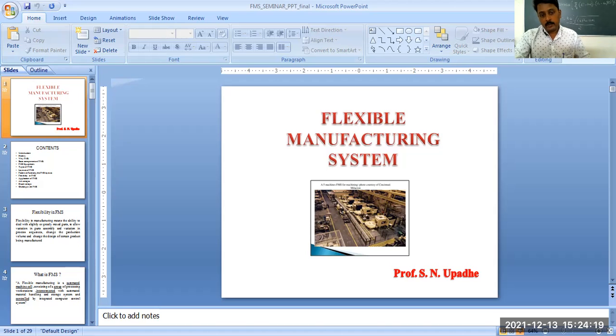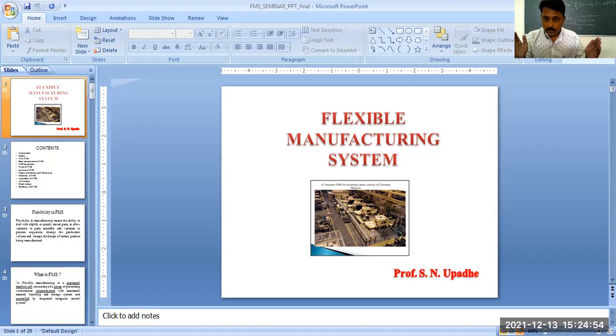Random FMS manufactures any random mix of piece part types at any one time. So this is a very huge, advanced or complex type of FMS, because it has the ability to manufacture any type of product from your mix of product. Now you know the mix of product, right? Mix of product means the types of product that you have the ability to manufacture. Suppose you can manufacture 10 different types of product in your industry. Now this is the mix of product you have.